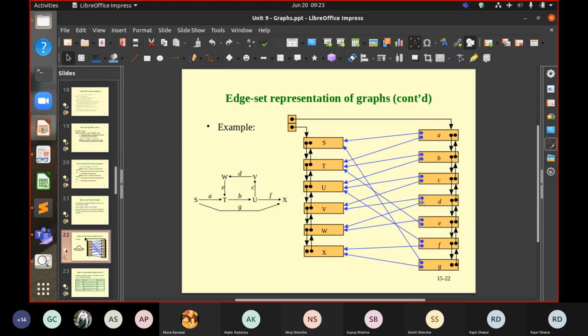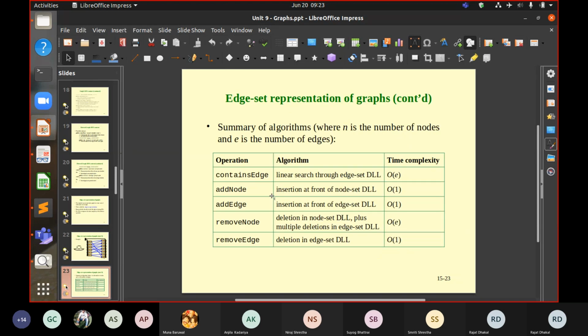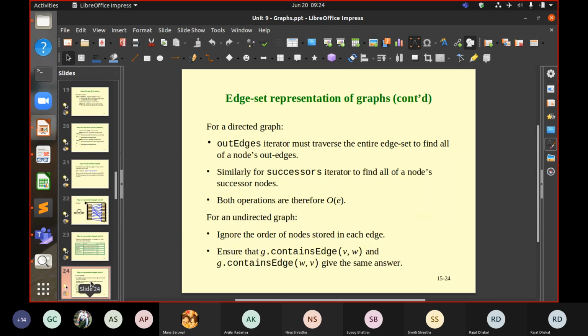The source and the destination, these edge records also need to be deleted. So when we remove one node, we also need to remove its respective edges, and sometimes we also need to remove the edges singularly, not the nodes connected with them. So this remove edge operation does just that. Deletion in the edge set DLL has a time complexity of constant order.